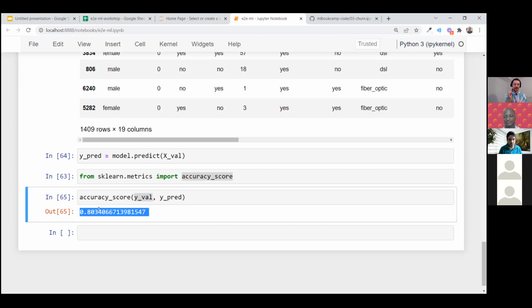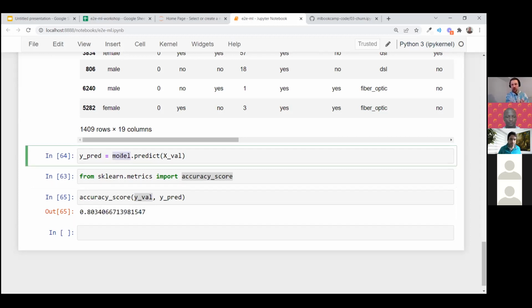And if the model thinks that they are going to leave, then we want to send them some promotions. And for that, we need to take this model and package it somehow, in such a way that we can actually use this and understand which customers are going to leave or not. For doing this, we will save the model and we will put this inside a web service.